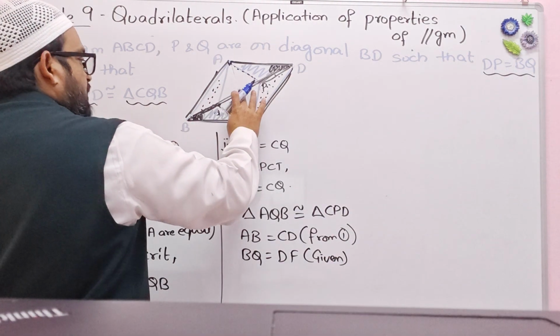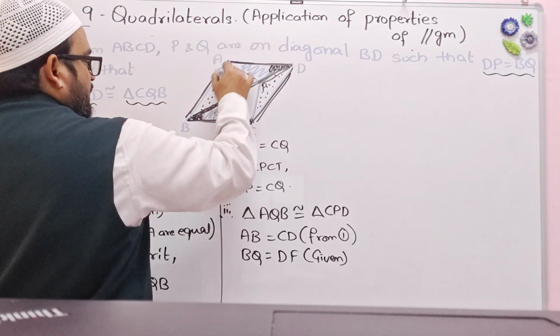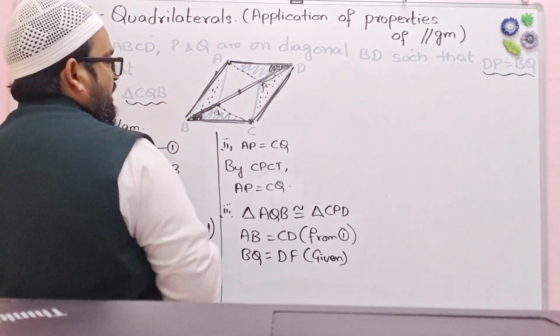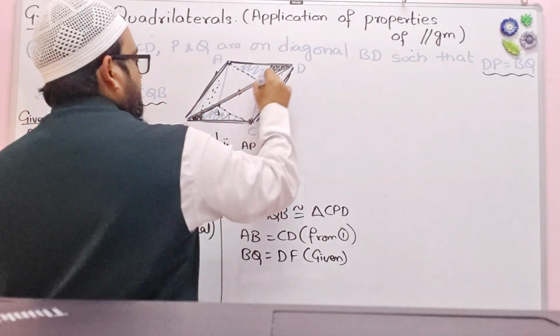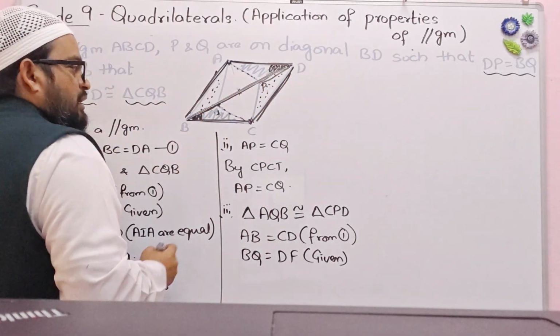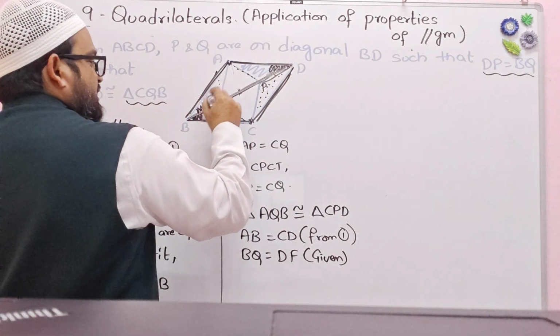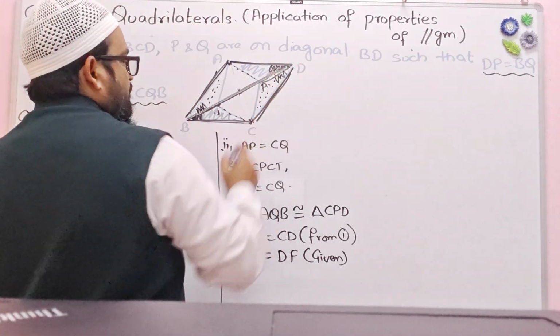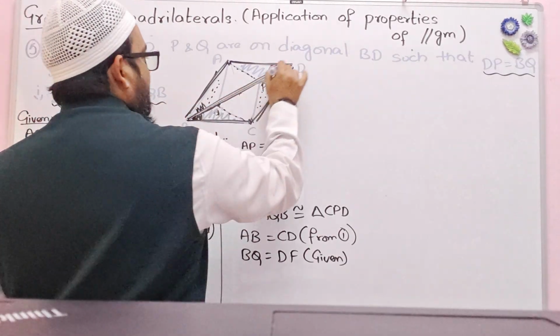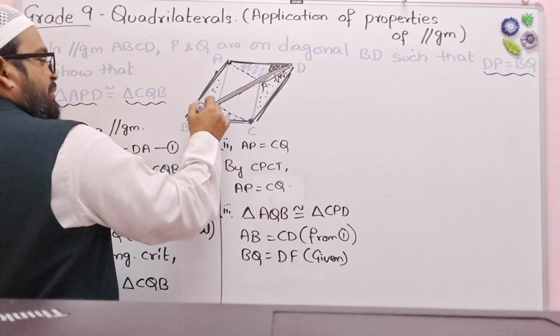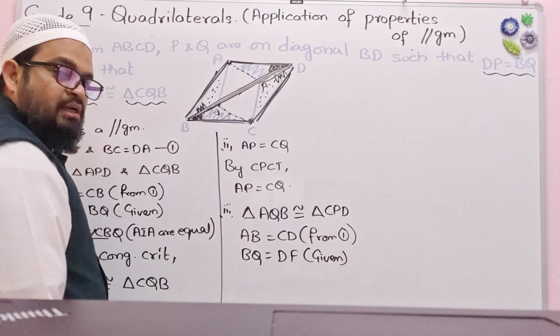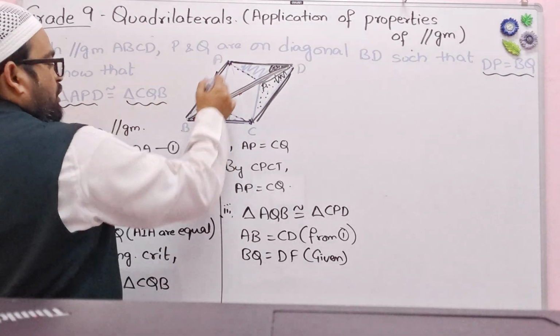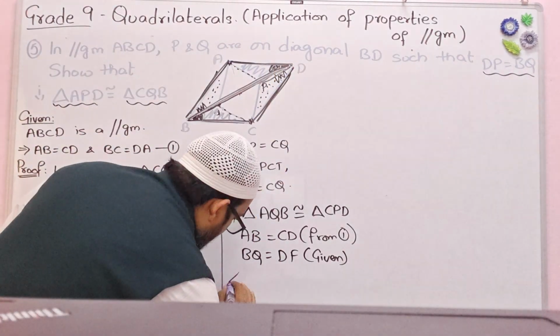See, these two are parallel, AB and CD. And what is this? It is a transversal. So actually we are talking about these two angles, right? So let us take BD as transversal. What will happen? These two angles are alternate interior angles. So angle ABD